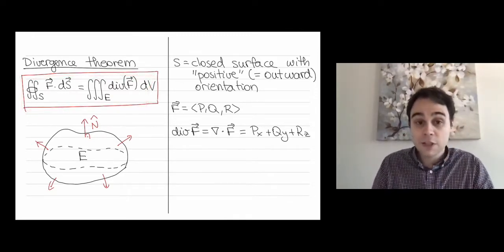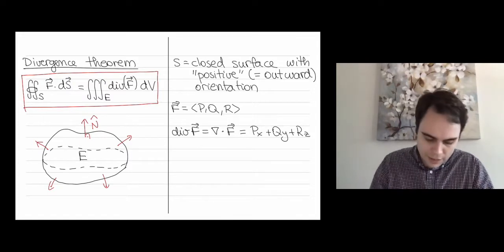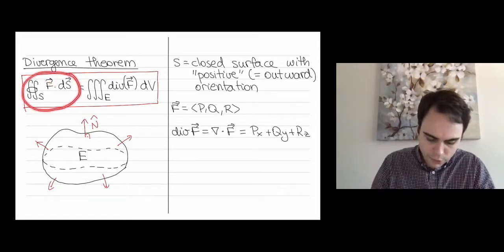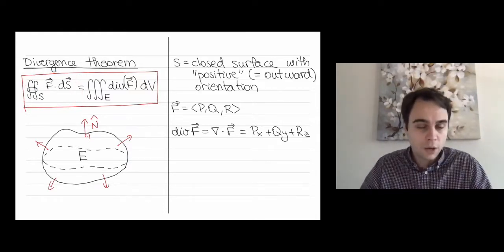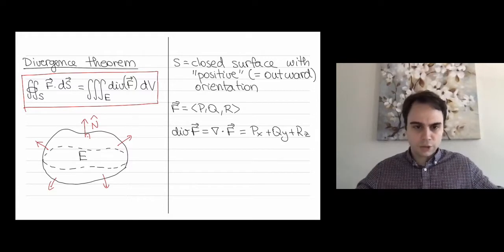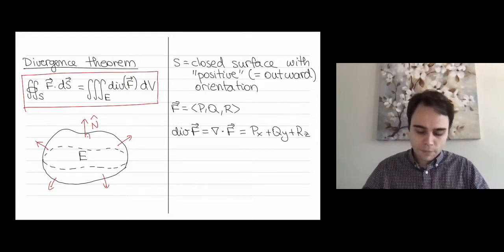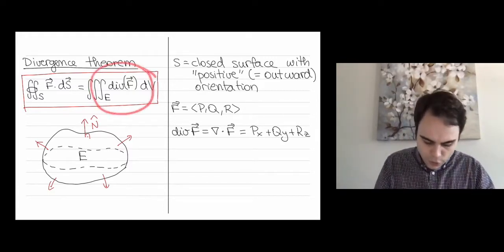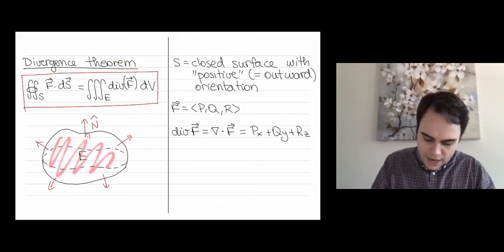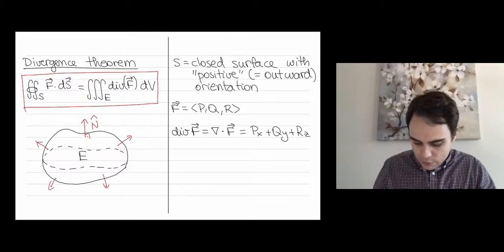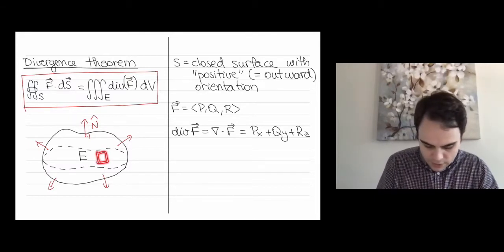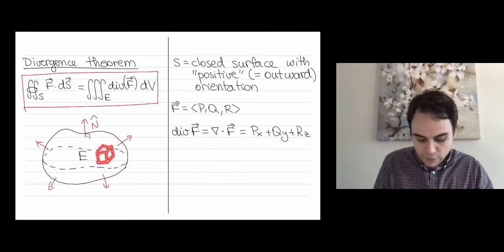So suppose that F is the velocity field of a fluid. Then on the left we have the flux of the fluid out of this closed surface. That's the amount of volume of fluid that leaves the surface per unit time. While on the right, we're doing a double integral in the region inside of the divergence. Now the divergence, remember, is this. If you take a little piece of fluid,